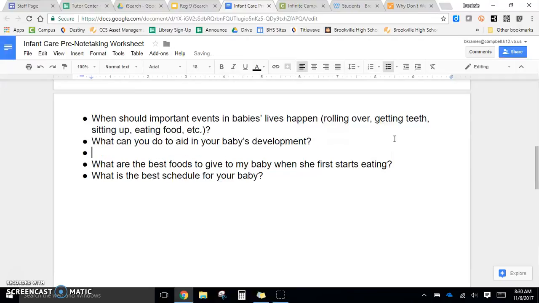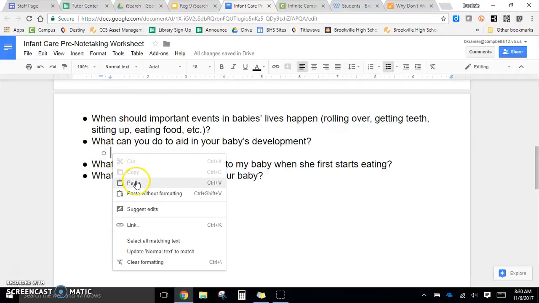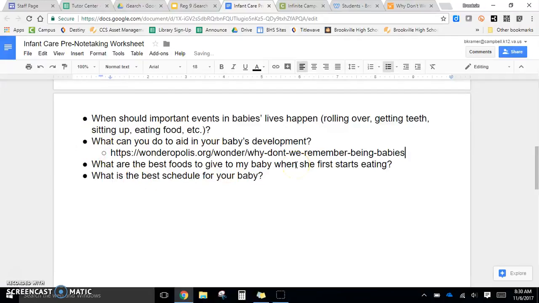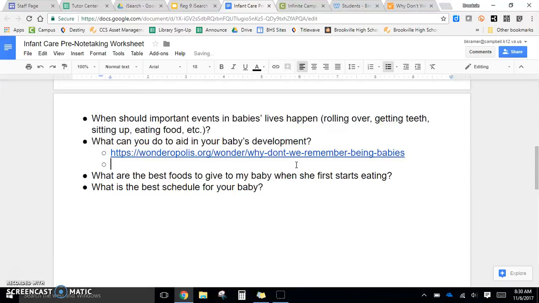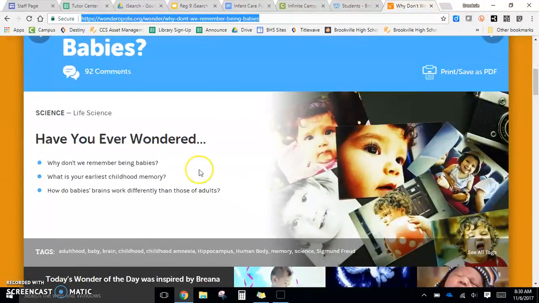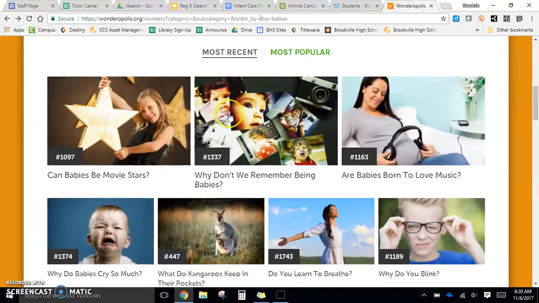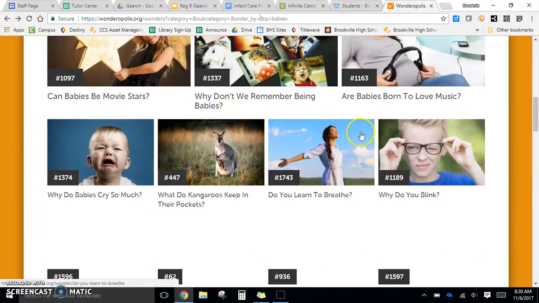So this one helps me with my development question, so I'm going to hit enter and then tab. So I have a bullet underneath and tabbed over, and I'm going to paste my URL in. When I hit enter again, that URL is going to turn blue, which means it's a link that I can use later. Okay? So remember that some Wonderopolis, this one actually didn't, but a lot of Wonderopolis